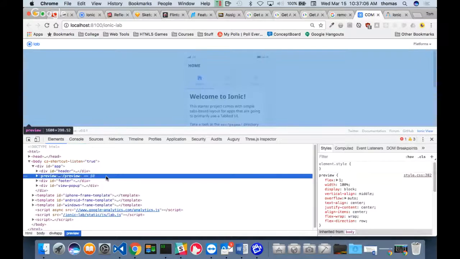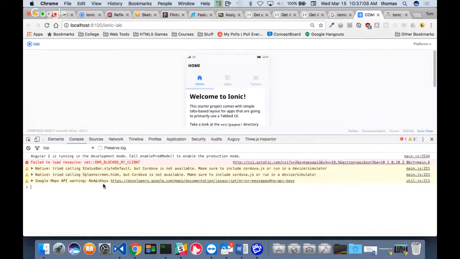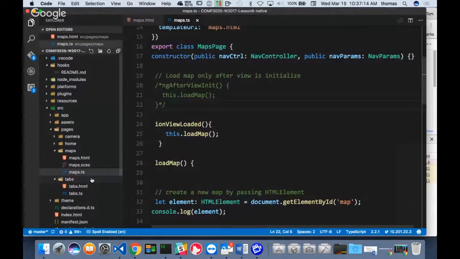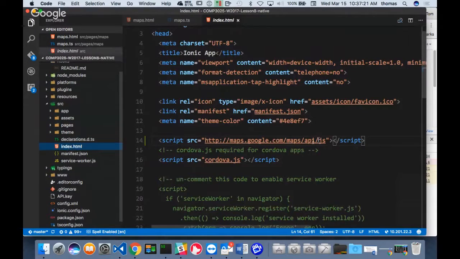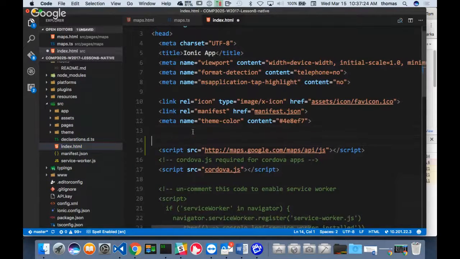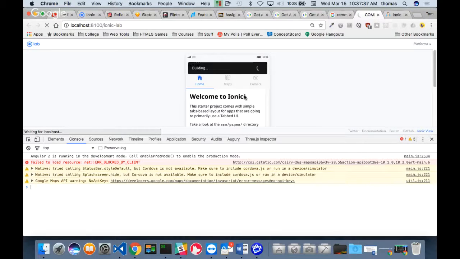Inspect. It says no API keys. Okay, so let's try and do that. Let's go back down here into my index page under my source for a second. I don't think I need this if I have the plugin installed. So I can do, I don't know, and we'll kind of put it down here. And I've served to block that part out, and then I'll go back in here and